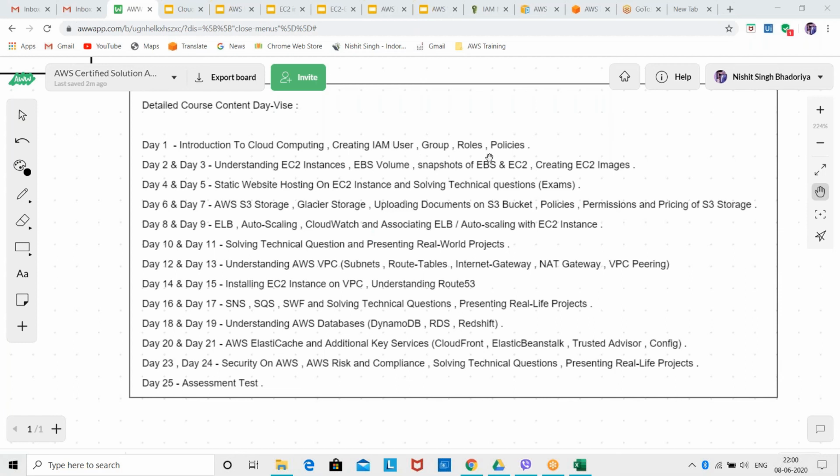You have to create a policy, assign that policy to a group, and then create an IAM user in that group. This is the task I want you guys to perform. Is there any confusion or doubt regarding this task? Please ask me now, because I want you to complete this task for tomorrow's session.